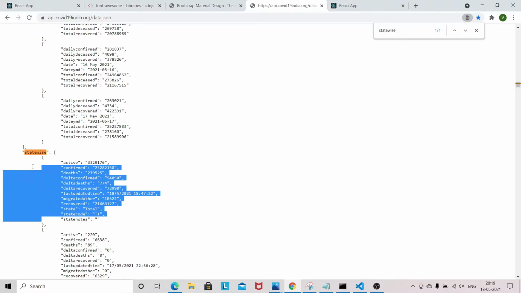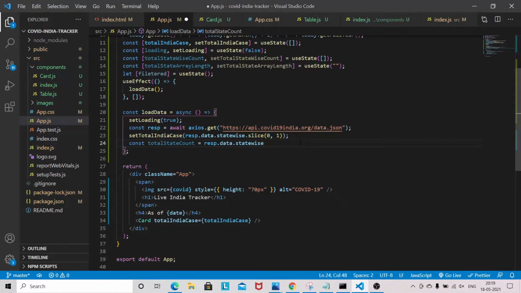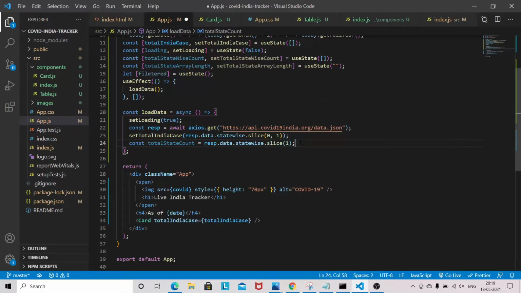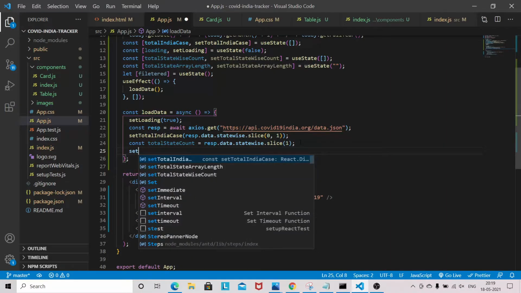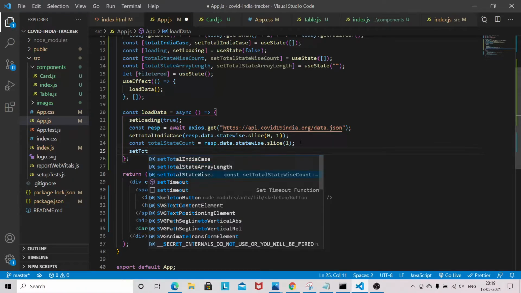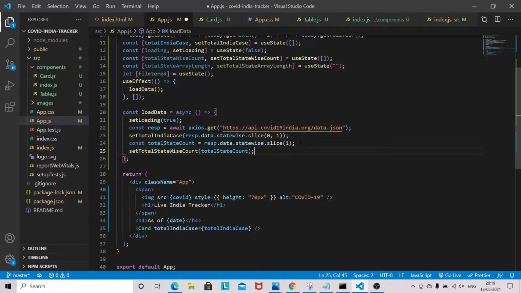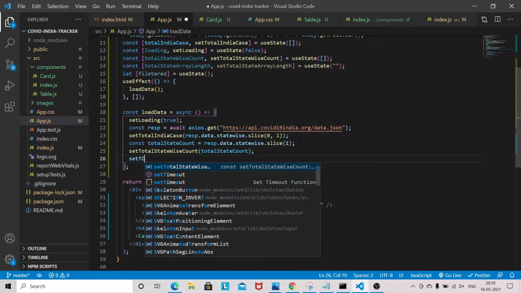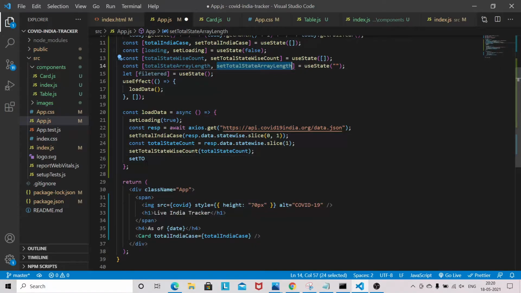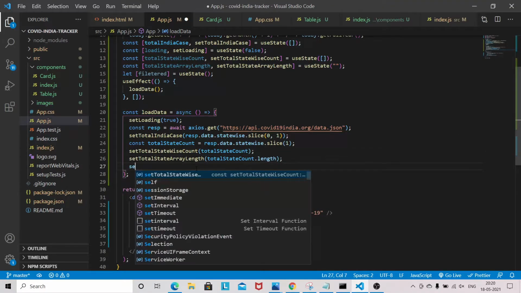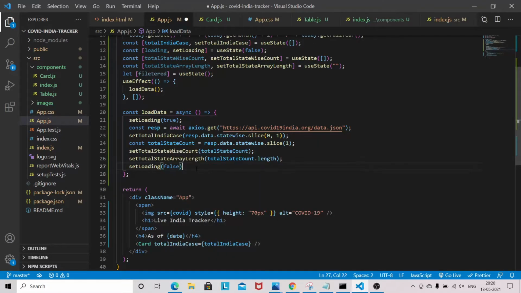So we do slice, and this way you get all the state wise count, the total state count. Then we also set total state count.length, and then we set loading.